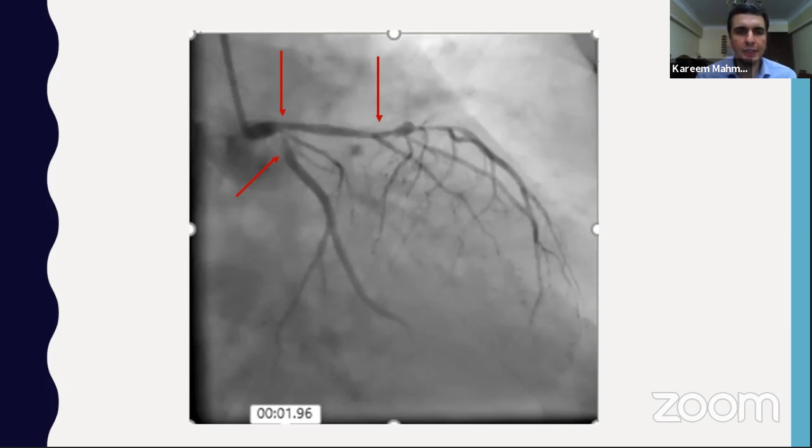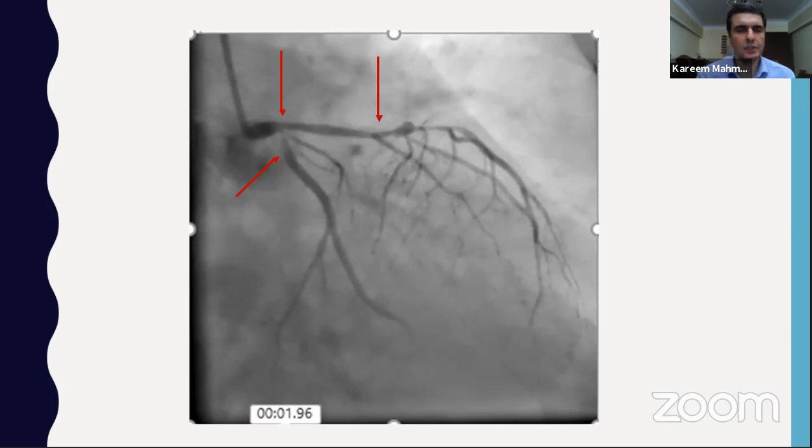I don't think we have data illustrating the efficacy of the DK crush in the acute situation or in a thrombus-containing lesion. And in my point of view, and I think several operators would prefer not to do a DK crush in the acute situation because of its complexity.